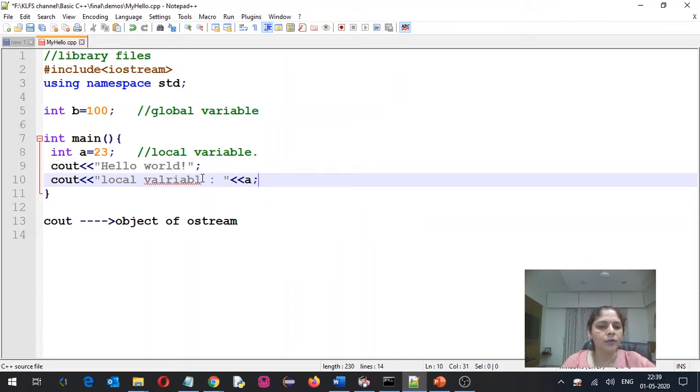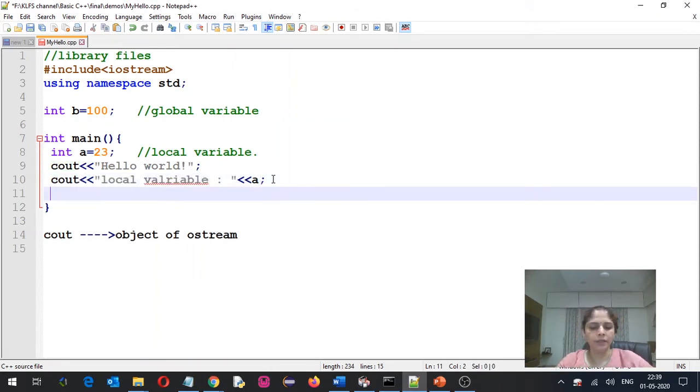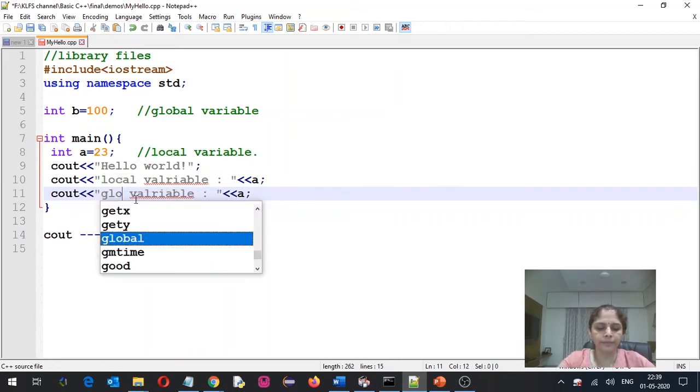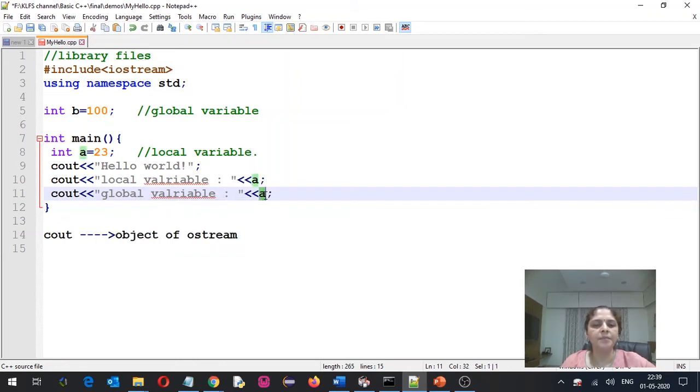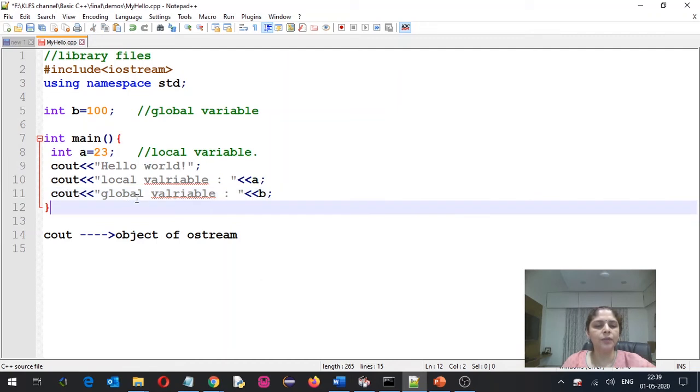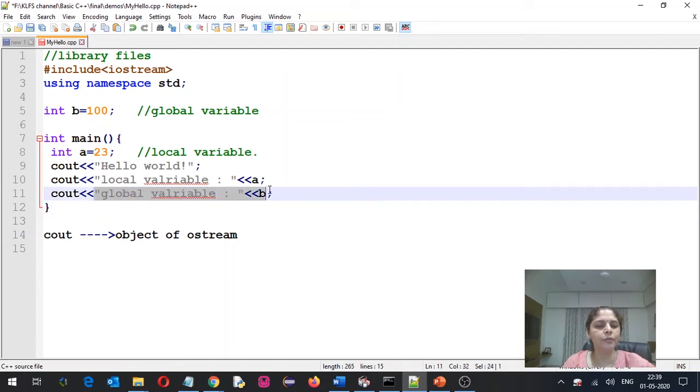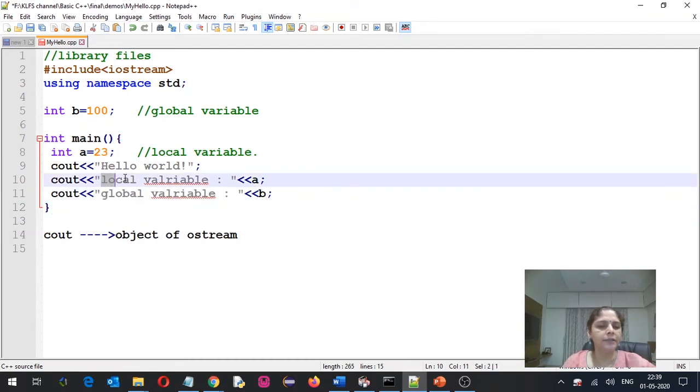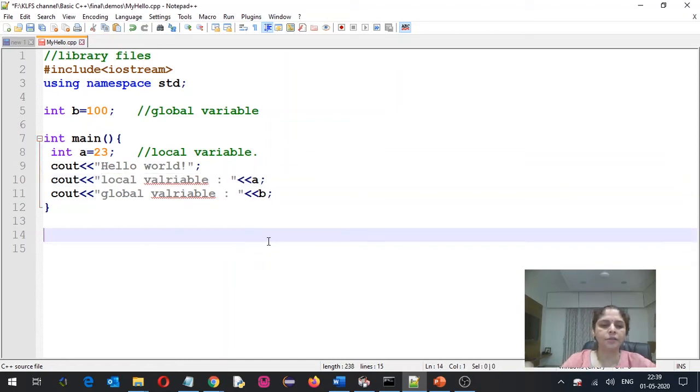Same way I can also display the value of the global variable. So if I write here "global variable", the variable name is b. If I execute this program, it will show me the value of global variable b and the value of local variable a. So let's execute the program and see how it works.